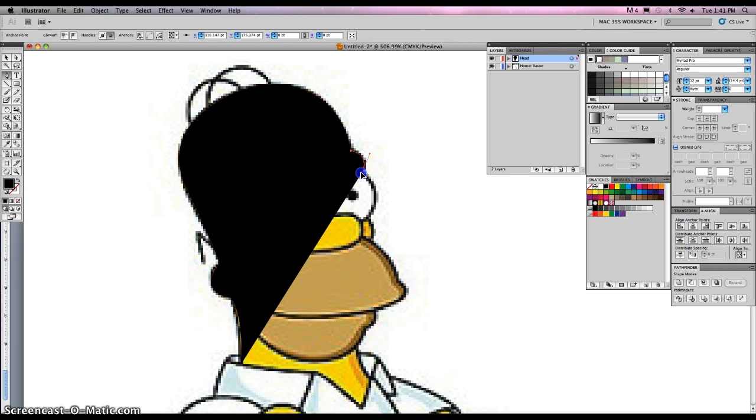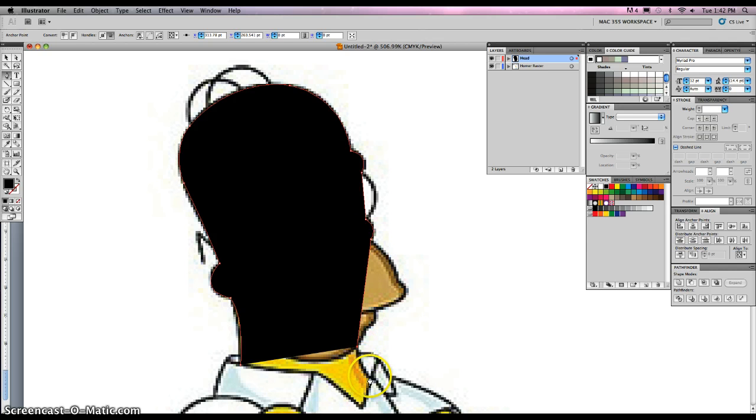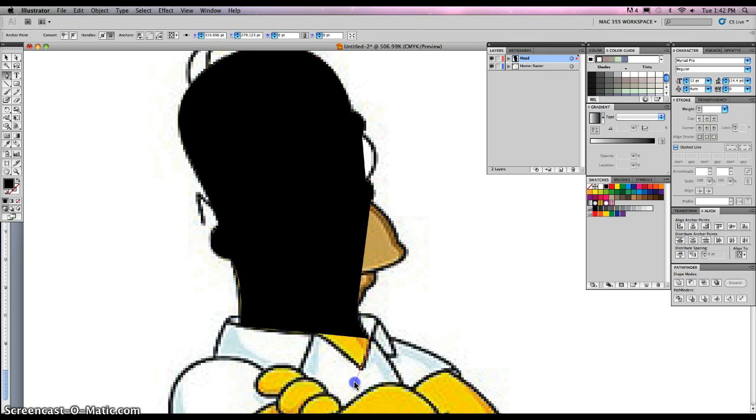like that. We could go around this eye, but the eye is going to be another layer, so I'm just going to go straight down, go around his ear, and once again, this part of his mouth is going to be another layer, so I'm going to just go straight down to his neck. We don't need to see that. And then go over, go down here. I want to grab that. And then,